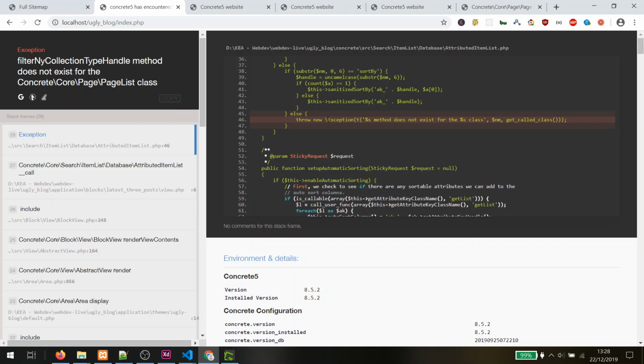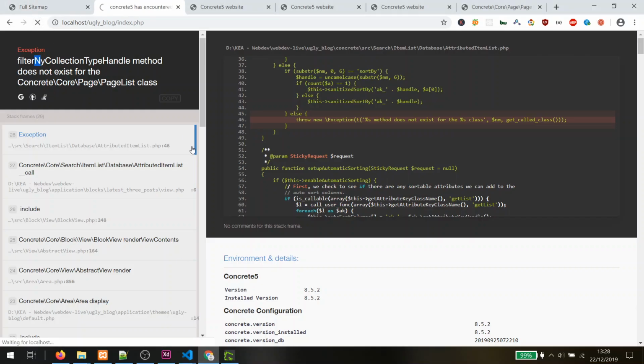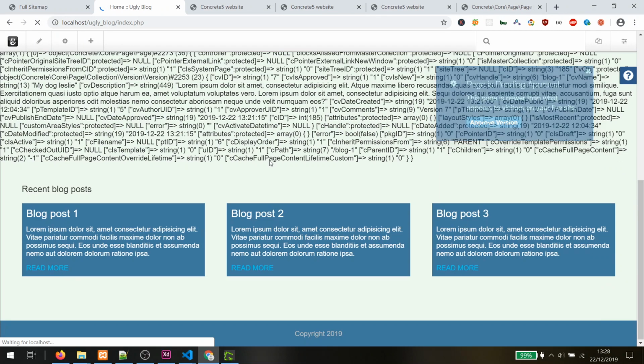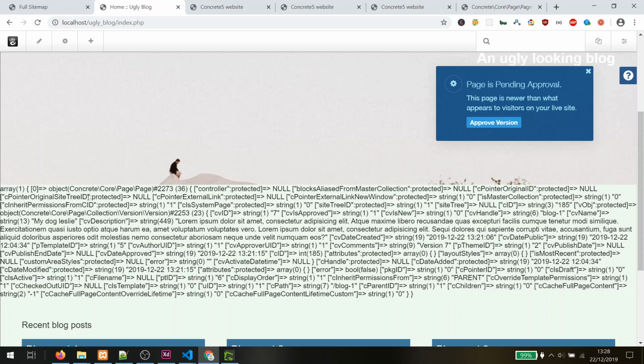And we already have an issue here. Throw new exception method does not exist for the as class, and I'm get called class. Oh, and it is because I said nigh and not by. And now we can see these are all the information I'm getting from the page list about the class, and